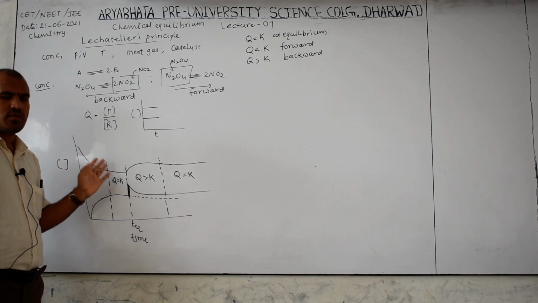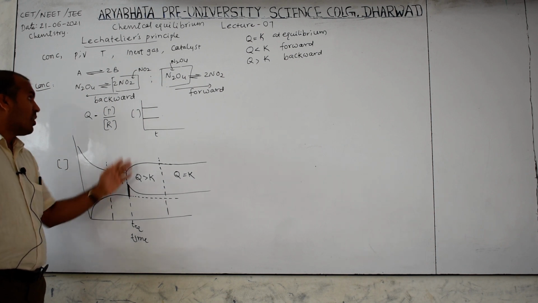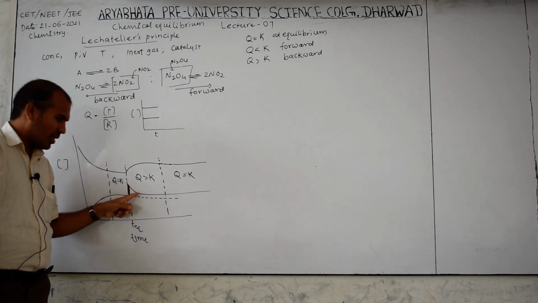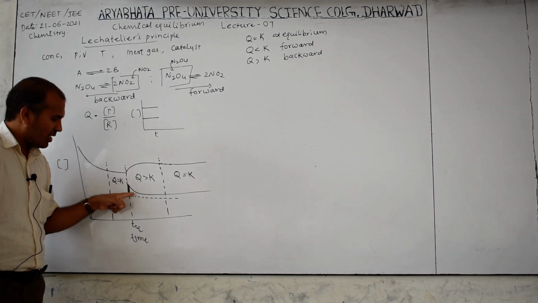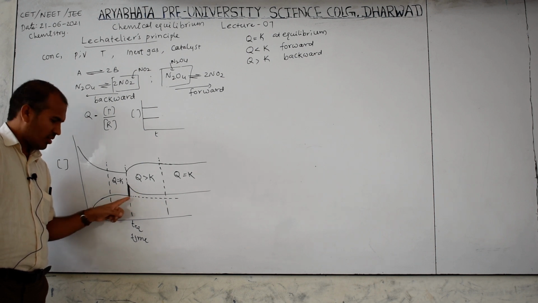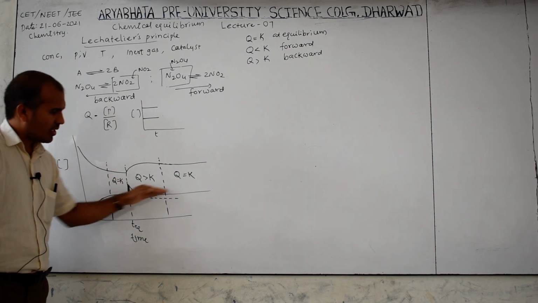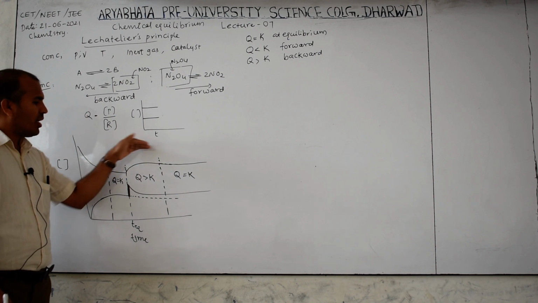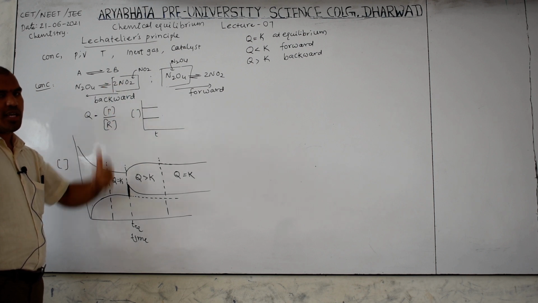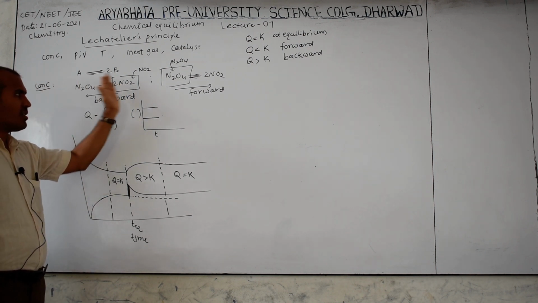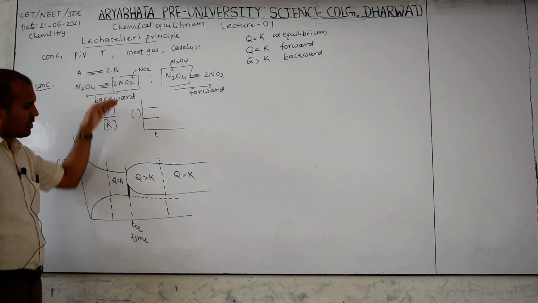Like this question, they will give graphs as A option, B option, C option, D option. Which of the following graphs is correct? So this increases, therefore after some time it should decrease, and this decrease should not cross the before-equilibrium line position. It is always upper than the dotted line. If it is crossed, that is wrong, because it is high constant, so a little decrease, and after that constant. This will increase because now it is product, this is reactant for the backward reaction. So listen carefully. Actually for forward this is reactant, this is product, but when backward this is reactant, this is product. Reactant decreases, product increases, therefore it increases.